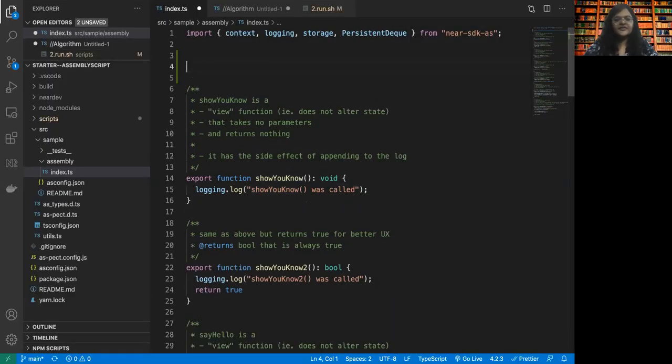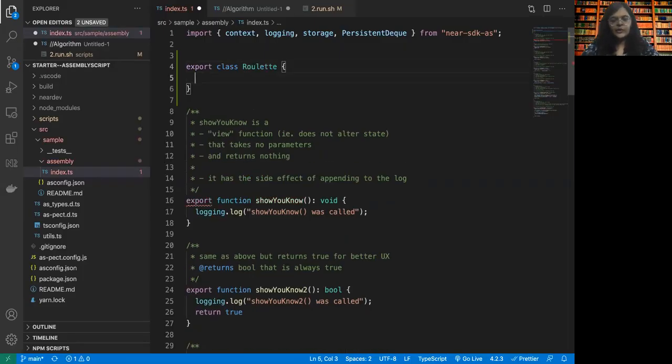First, I'm going to create a class called Roulette. This is the class that will hold all the necessary details of the game. Let's say we have a player, and we are going to take the address of the player.